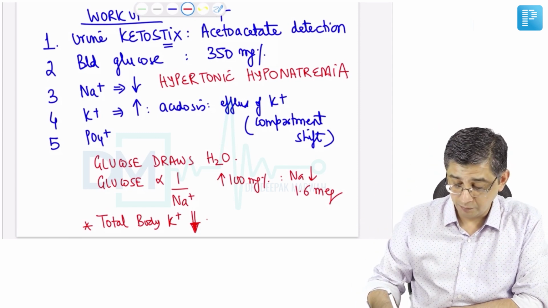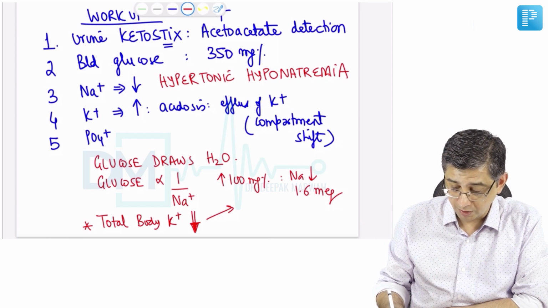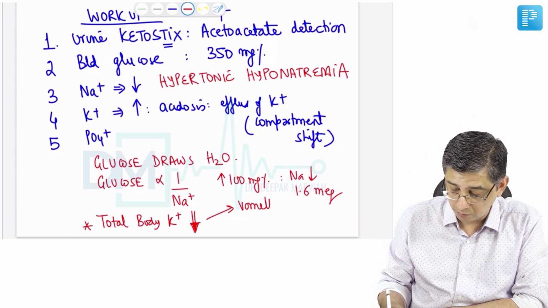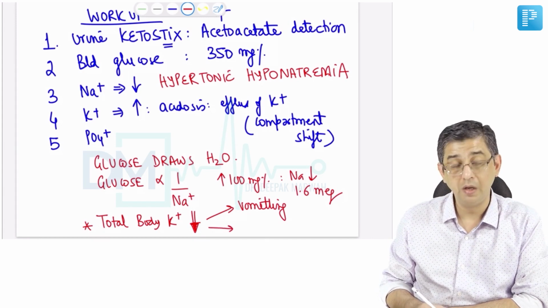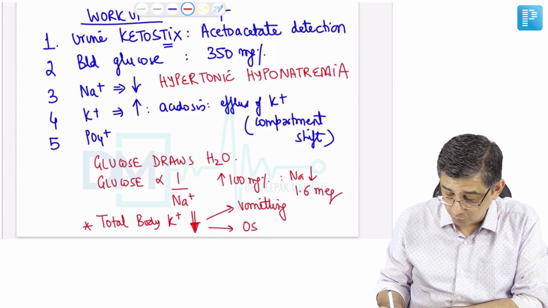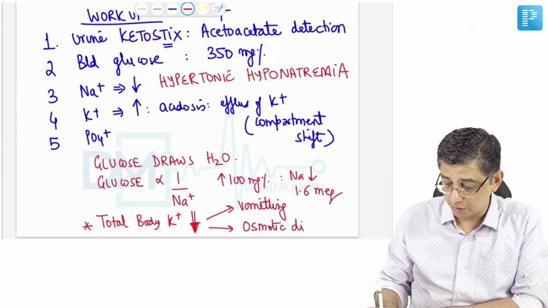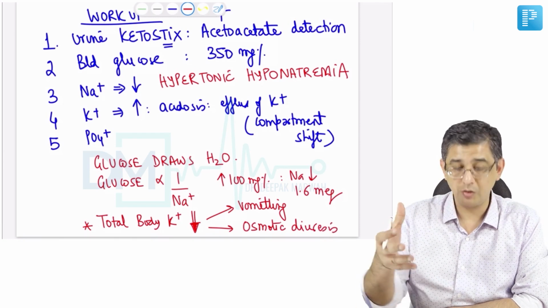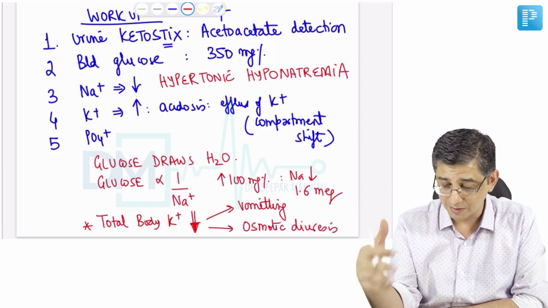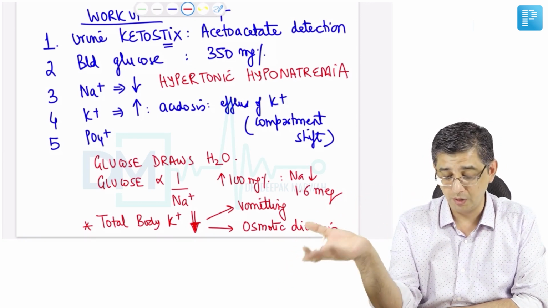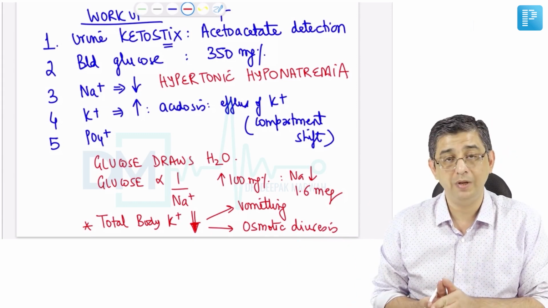Why? One reason for that can be understood as that low total body potassium is because the patient is having vomiting. Vomiting causes hypokalemia. Potassium is present in body fluids. The second is osmotic diuresis that occurs in diabetic ketoacidosis. Do remember that because blood sugar is high, the high blood sugar will cause polyuria in the patient. This polyuria will explain the dehydration component plus loss of electrolytes in the urine. So total body potassium is lesser, but at the same time in the blood it might be elevated.